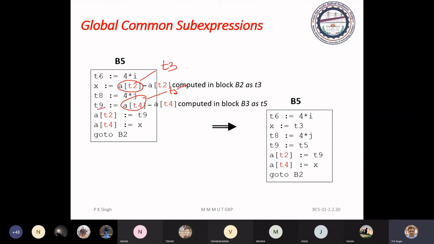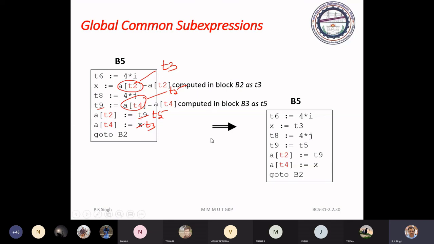Where we have used T9, we can write here T5 directly. And where you have used T3, T3 is X, you can directly write T3 here. Okay.